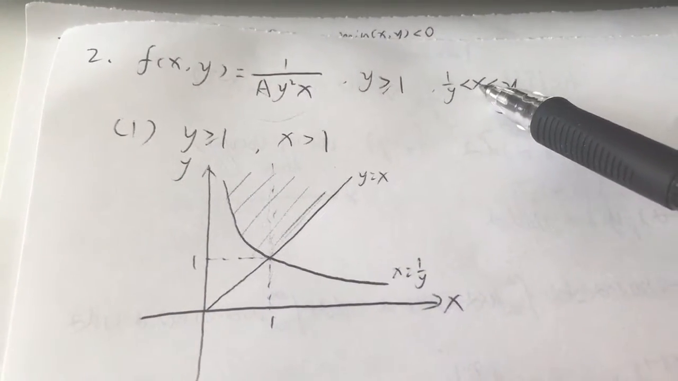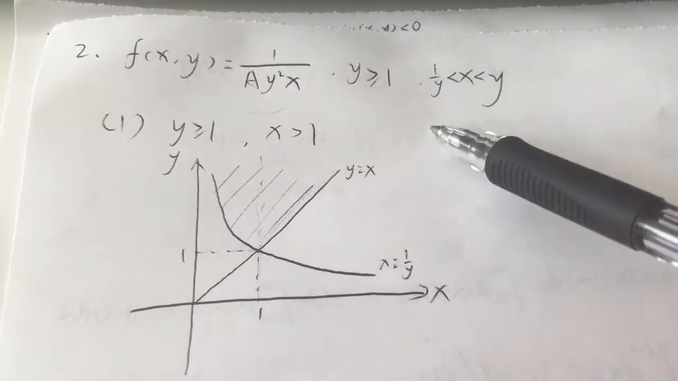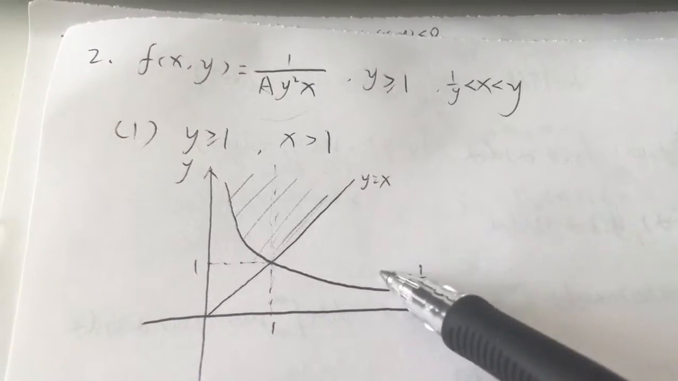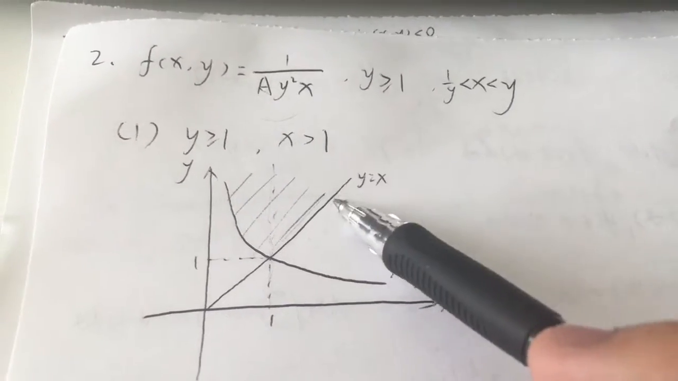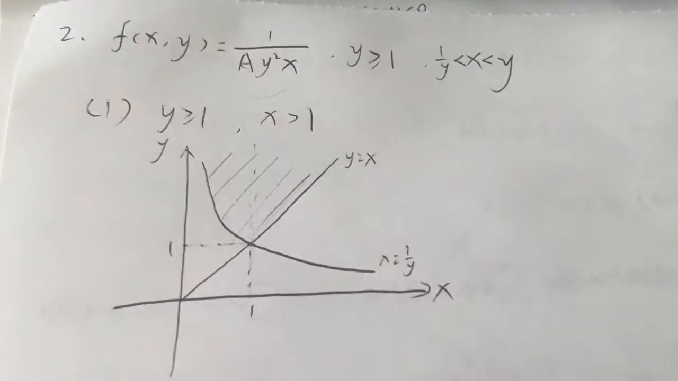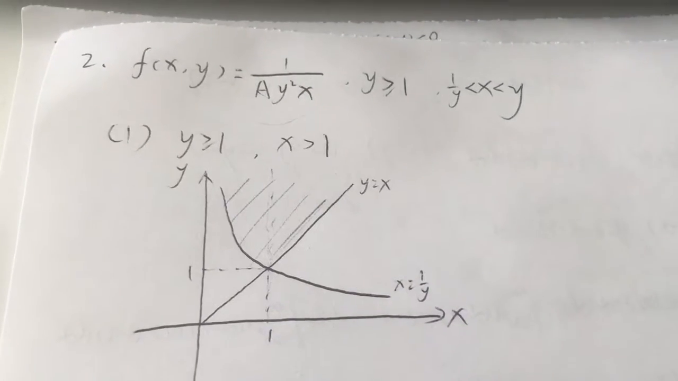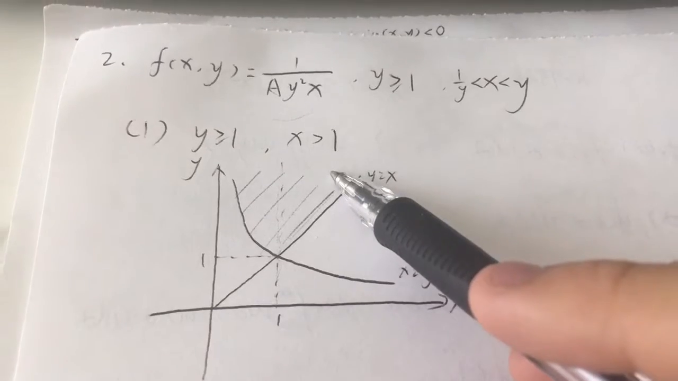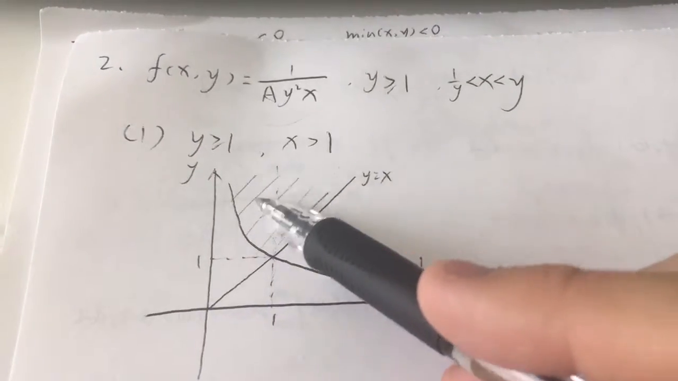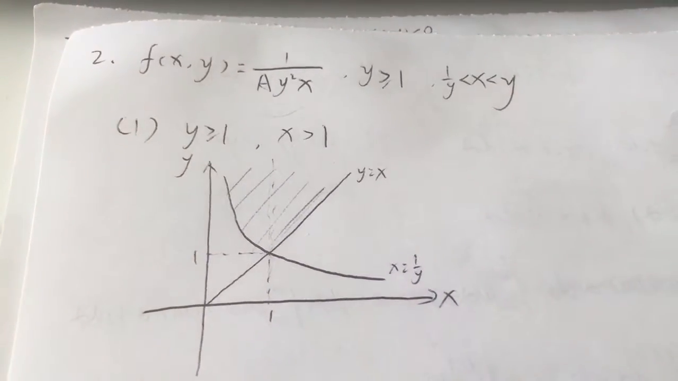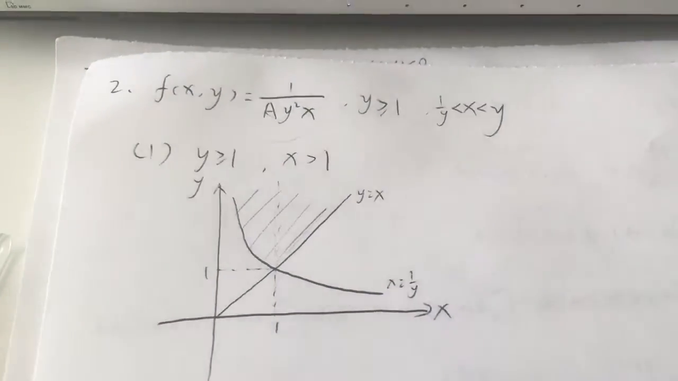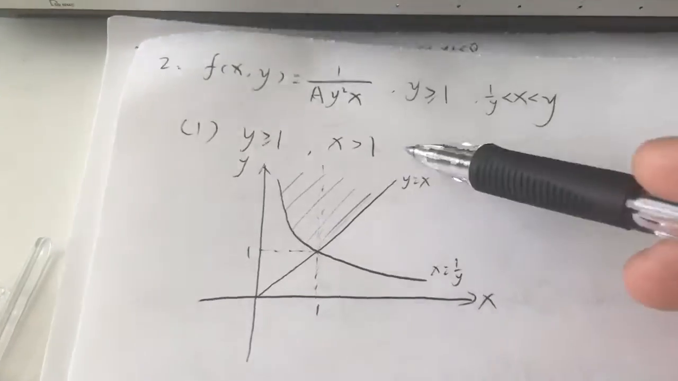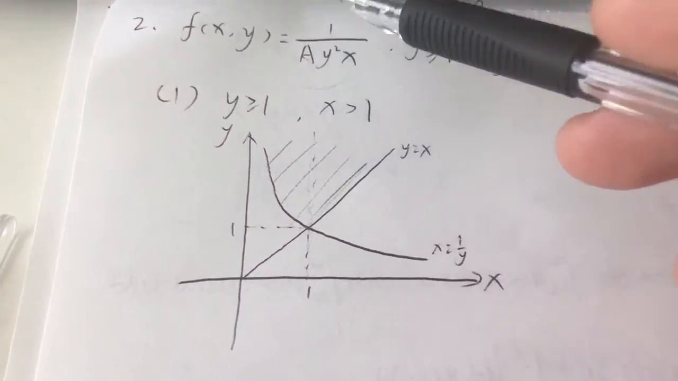And for x more than 1/y, it should be in this range. And for this, it's like this. So combined with them, we got the region. It should be like this. So that's question 1. It's very easy. And now for question 2, we need to find the big A, so that the density